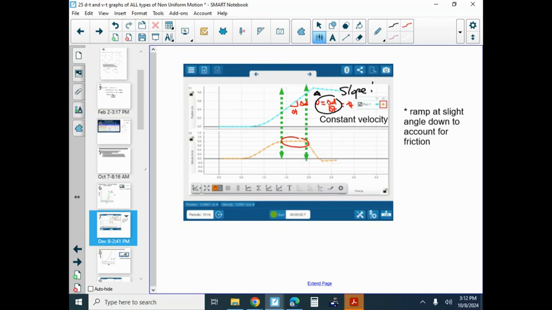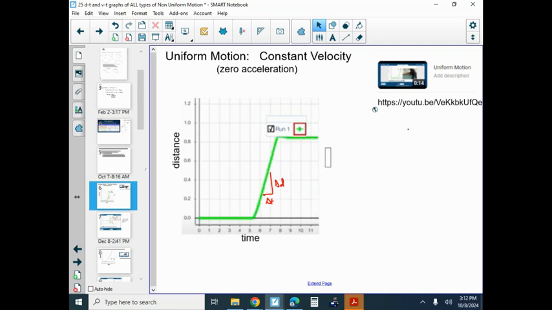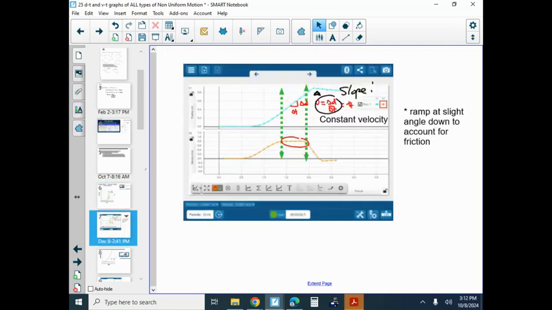Uniform motion. Remember this, there's a lot of words going to be used here. So this one's like uniform motion, constant velocity, no acceleration, a lot of words you can use to describe this. And when we go to the next step,